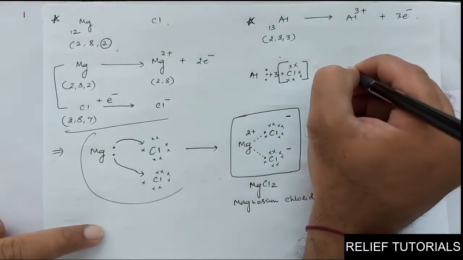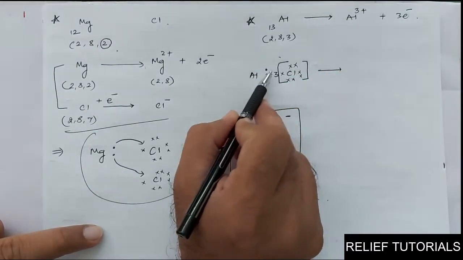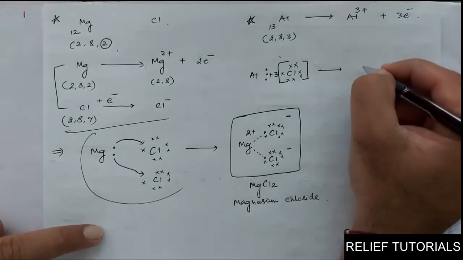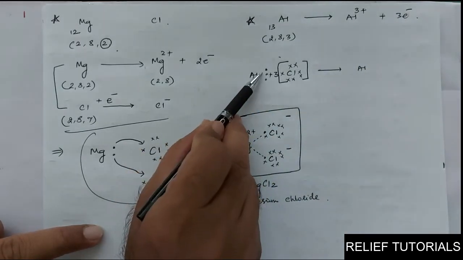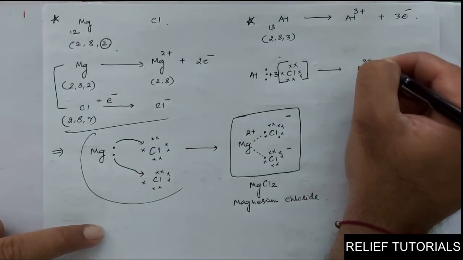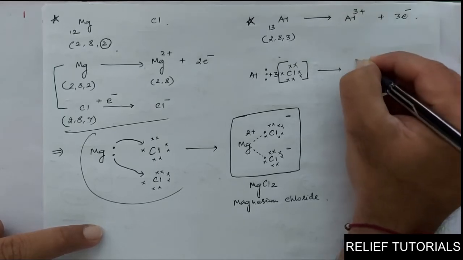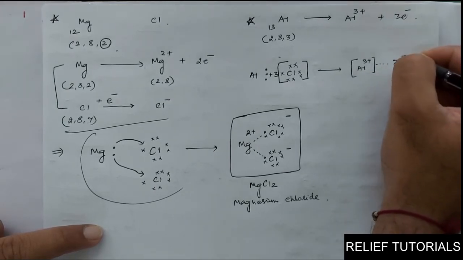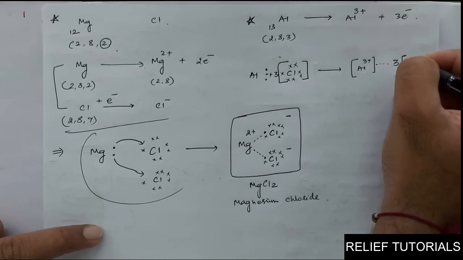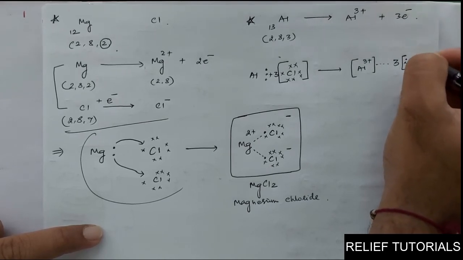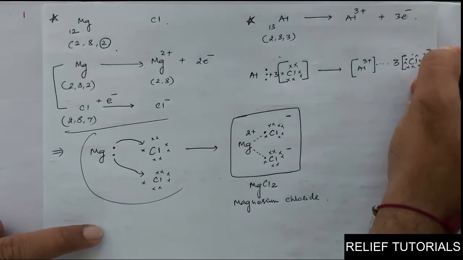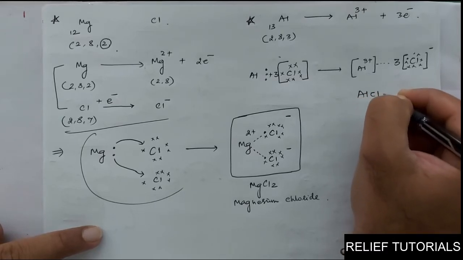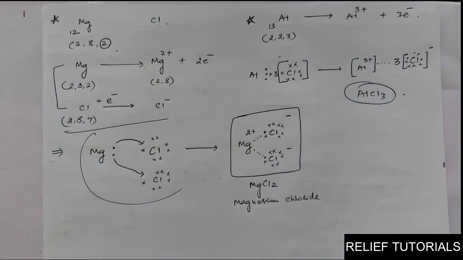So now what would happen? Aluminium is going to give 1, 1 electron to each chlorine. So what we can write, after losing all these 3 electrons by aluminium, it forms aluminium 3+. Okay, and it remains bound with how many chlorides? 3 chlorides. Each chlorine will get 1 electron from aluminium and forms 1 minus, and there are 3 of them. So the formula for the new compound is AlCl3, aluminium chloride.